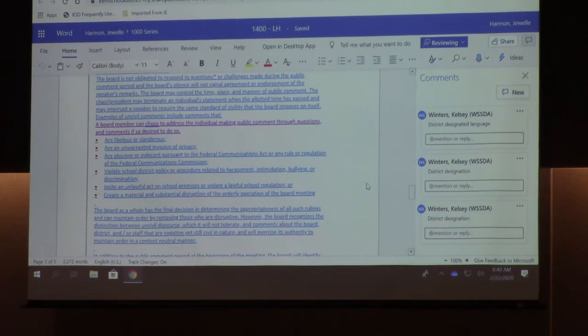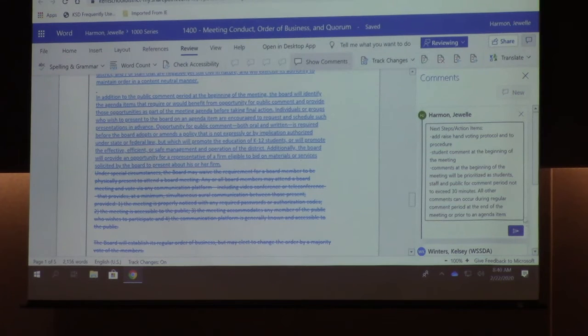Could that be added to the language we use about the public comment period, saying that if after you make your public comment you want to talk to someone, just stay after the meeting and you can reach out to a board director? I understand the logic behind it. If it's a staff member, there may not be staff there specifically. That's one of the reasons when I make that comment, I know that someone is there to get in touch with. It can't just be the president.